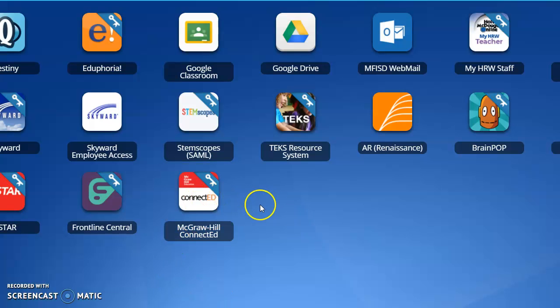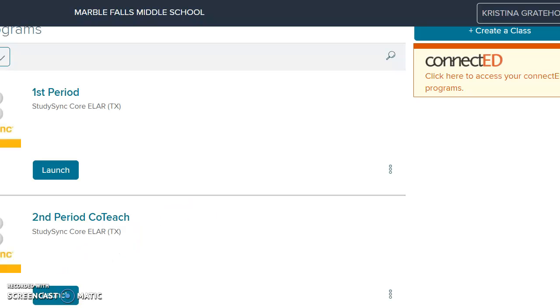All right, so here are what the icons look like, and you're looking for the half red and white icon that says Connect Ed McGraw-Hill. So that's when you launch it, and when you do launch it, it opens up. Here it'll say which period you're in, you hit launch,